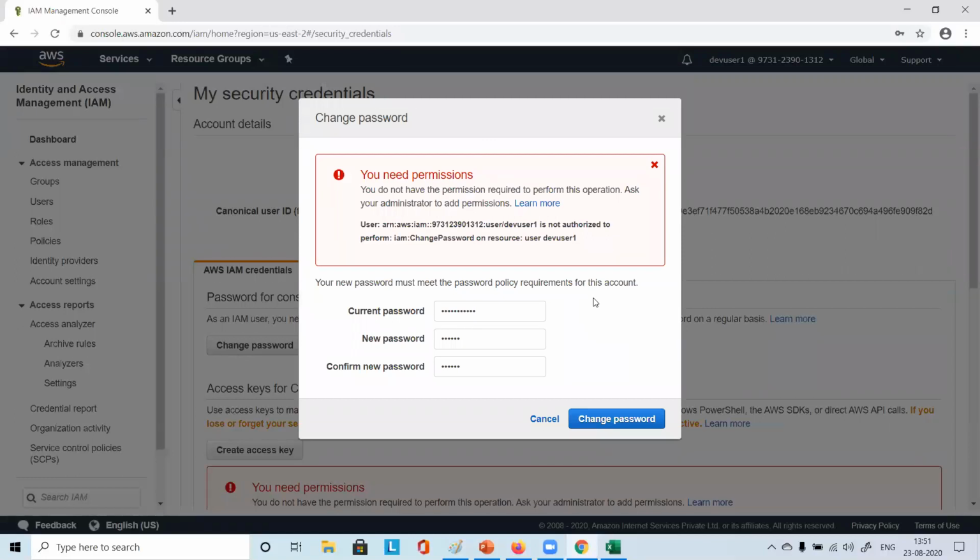Still it says, you do not have the permission required to perform this operation. Ask your administrator to add permission. So this user is not authorized to perform IAM change password on resource user dev user 1. Why? His own password cannot be changed? His own password is not able to change.